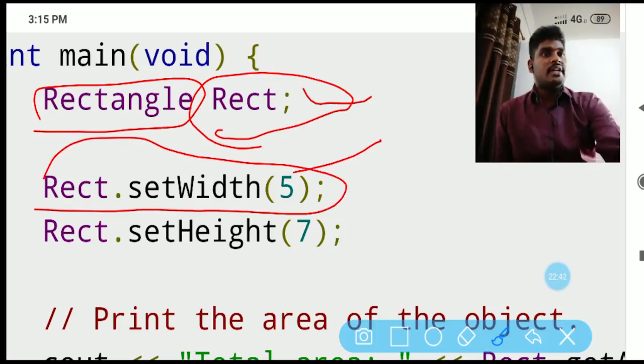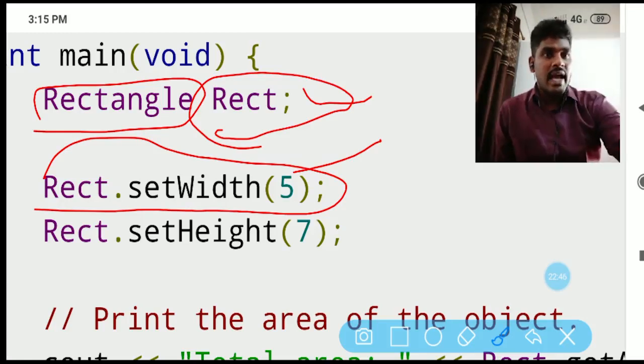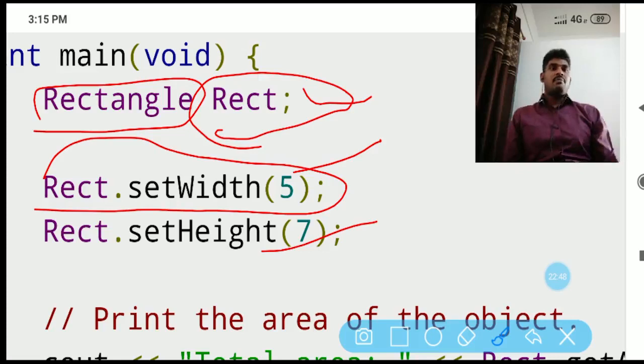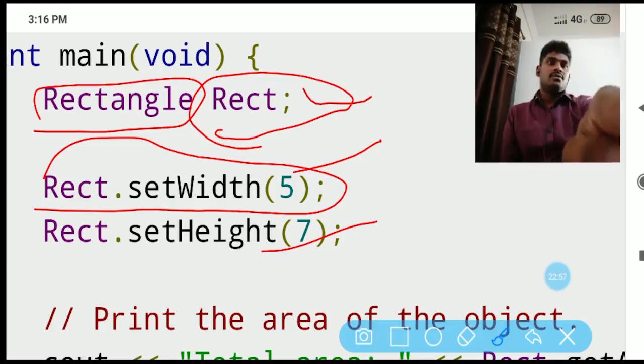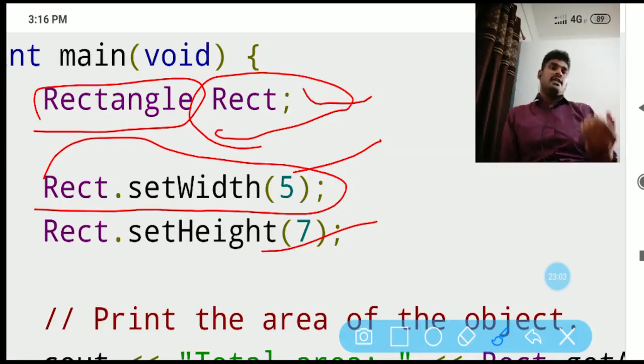Set width is the name of the first member function, and set height is the name of the second member function. I am accessing the member functions of the base class by creating an object of the derived class: rect dot set width, rect dot set height. What will happen? Automatically the member functions come to the derived class, execute, and show the output.